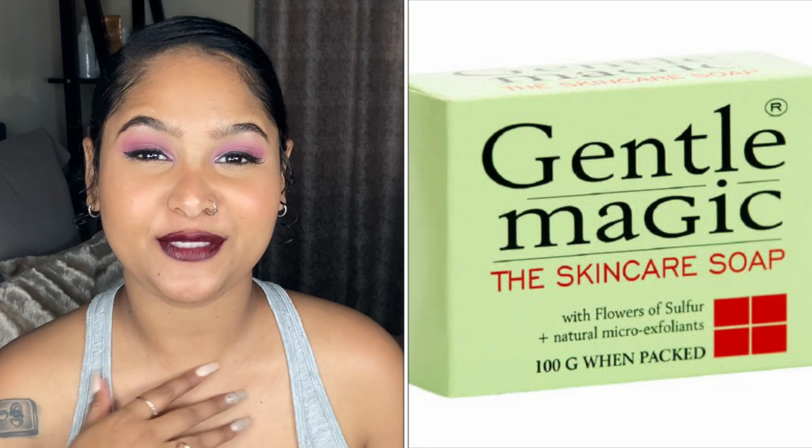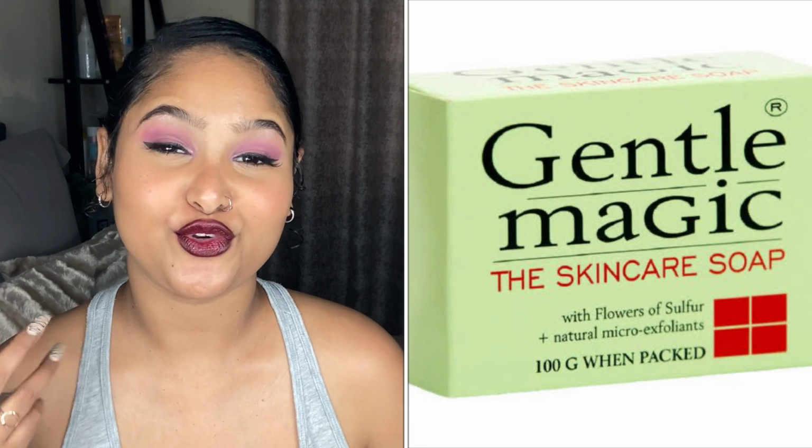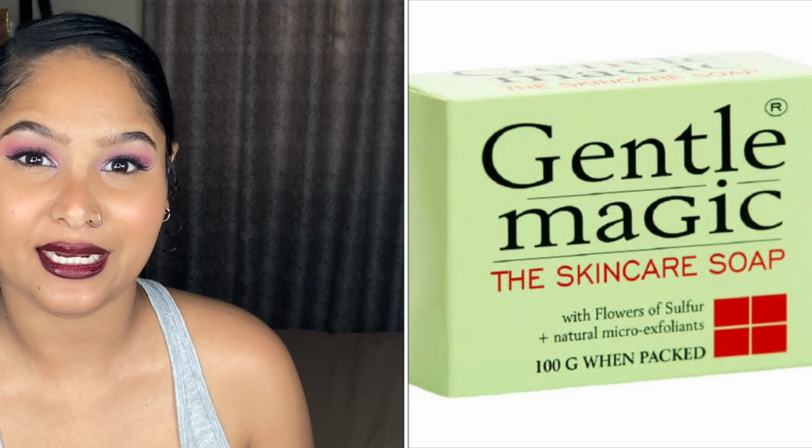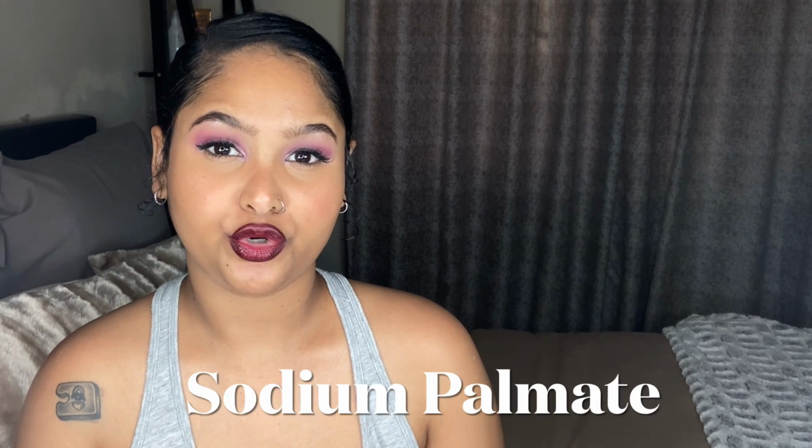Okay, so let's start with the soap. It's meant to exfoliate, reduce bacteria, and restore a healthy skin. It has flowers of sulfur plus natural micro exfoliants in it. From a formulation perspective, there is sodium palmate. This isn't the best cleansing agent. It can be drying, so it has the potential to strip your natural moisture, and it's also formulated at an alkaline pH. So when something strips your natural moisture, it leaves your skin dry and over time impairs your natural skin moisturization factor. And if it is formulated at an alkaline pH, that's also a problem because your skin is